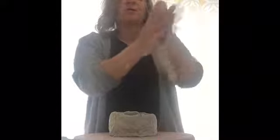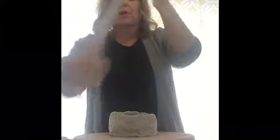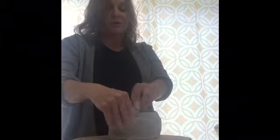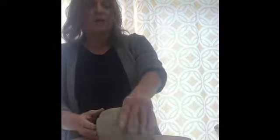So rolling a coil, kind of a human extruder in a way. No problem with that. Sometimes if it's a little bit big, I'll roll it just a little bit more. Always fanning my hands out. Flatten. I know some people use the paddle a lot when they are trying to make the clay go in, and I don't do that much. I really find that the angle of my hand dictates where the clay is supposed to go, and I don't have to do that. So I just keep moving up and in,